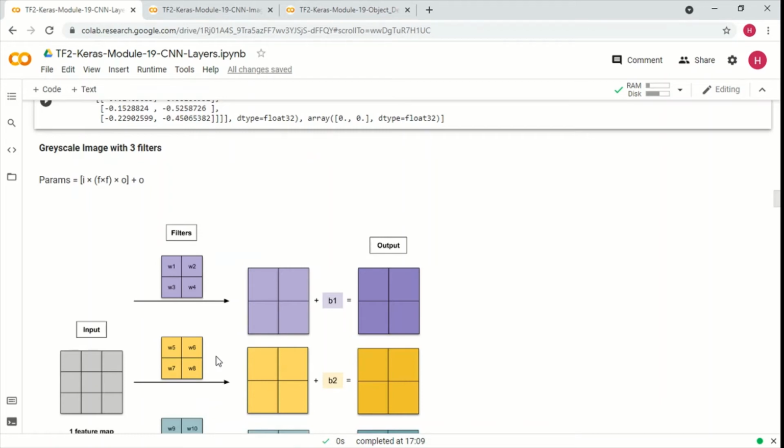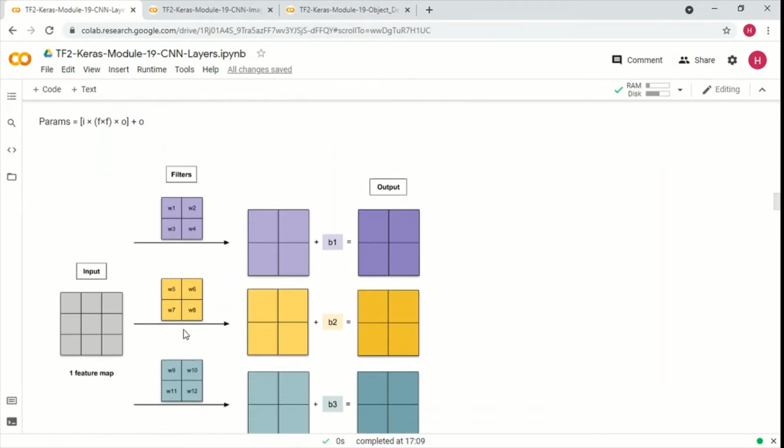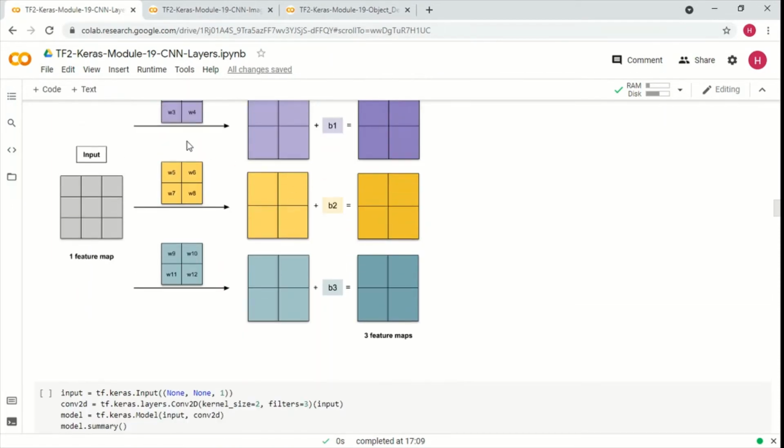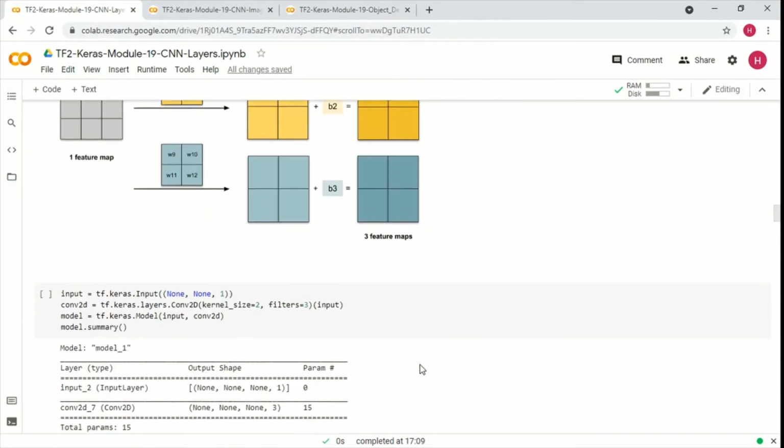Now what about if you have a gray image and three filters? So that's how it is going to look like. Three filters, three sets of activations, three individual biases, three outputs. That is the configuration we are using here: the kernel size is 2, filters is 3, so we are going to have outputs of 3.